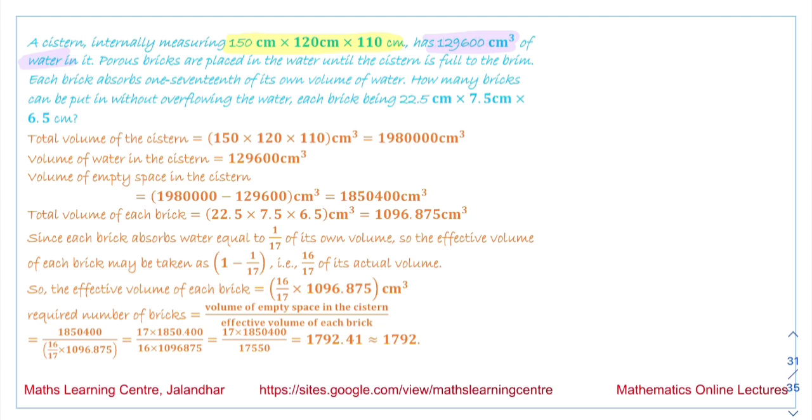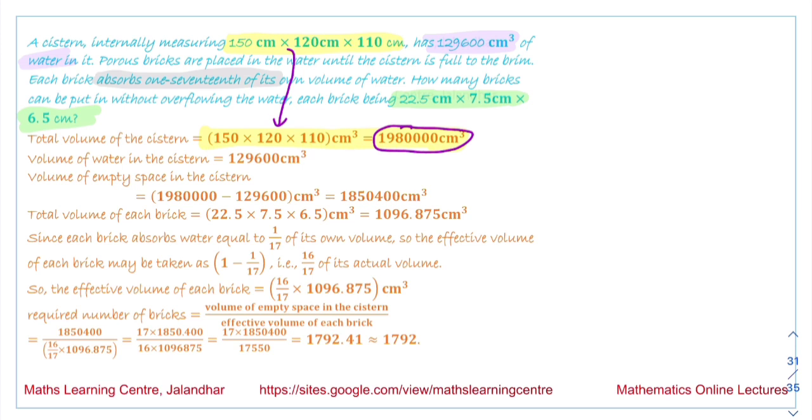It is given that each brick absorbs 1/17 of its own volume of water. How many bricks can be put in it without overflowing the water, and the dimensions of the brick are given to us. So first of all, we are calculating the volume of the cistern. So the dimensions are given. These are the dimensions given. So the volume we calculate by multiplying all these terms, and the answer we obtain, it is